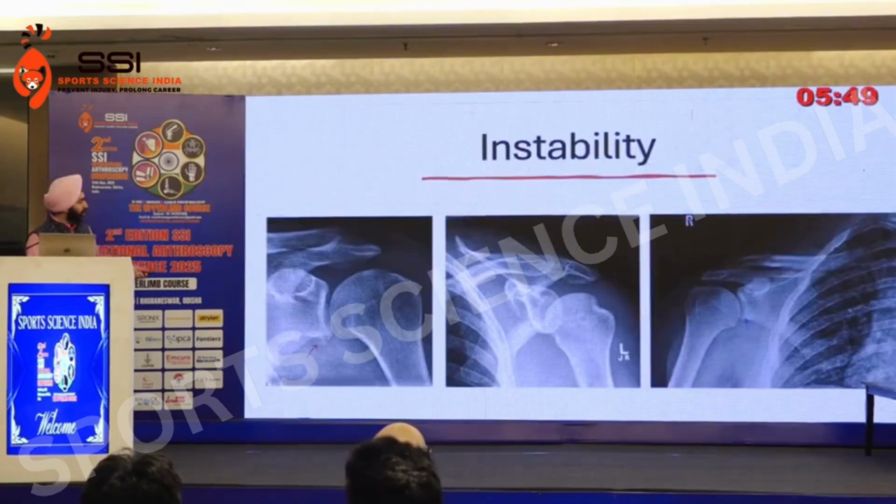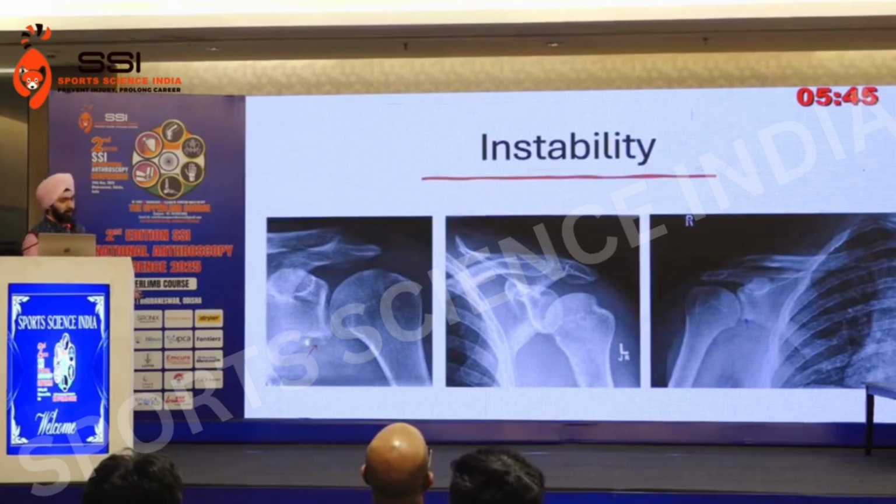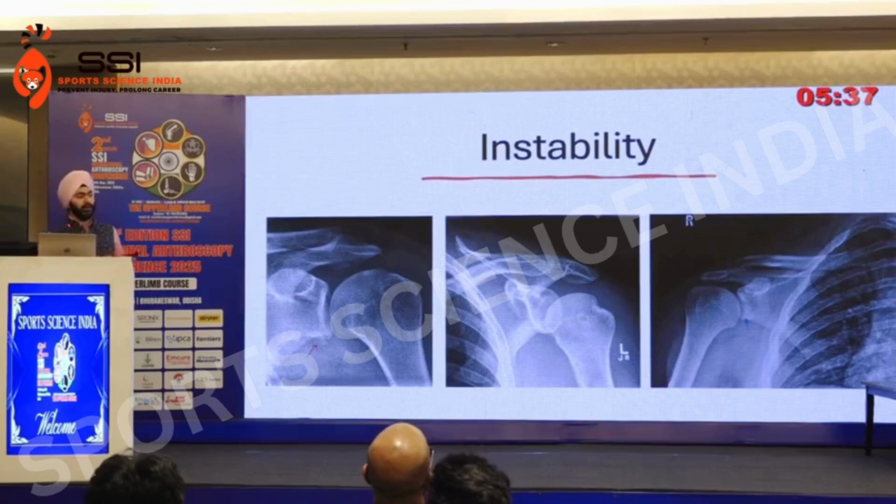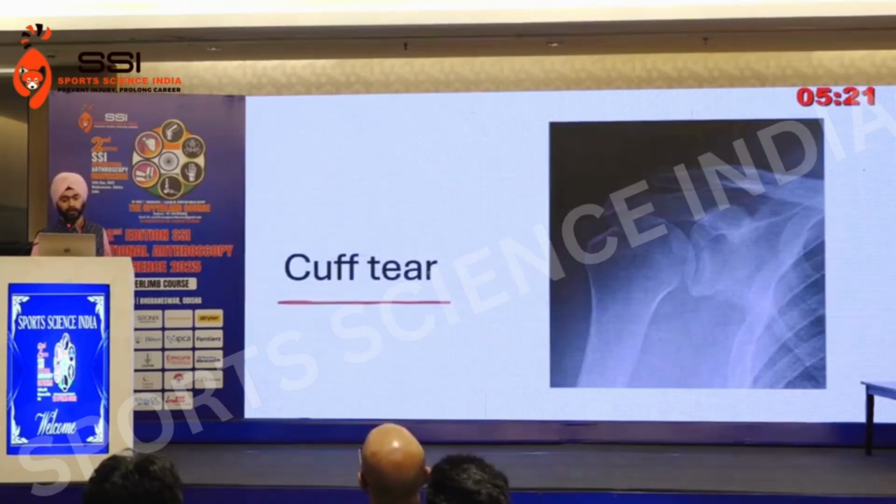In instability, you may find signs of a glenoid or bony Bankart. You may find a Hill-Sachs, or flattening of the anterior glenoid margin, which tells you there is some glenoid bone loss. These are all signs that you need further investigation. You're not basing your management on X-rays, but you need further investigation. For instability, you will require a CT and MRI to plan your case.